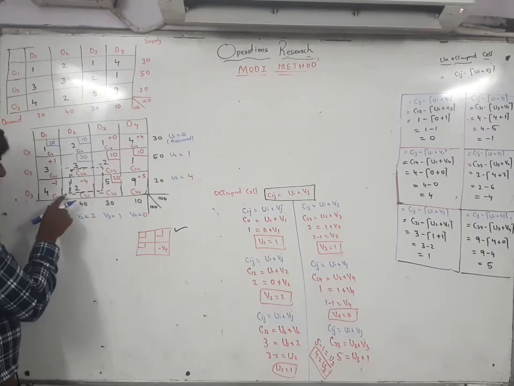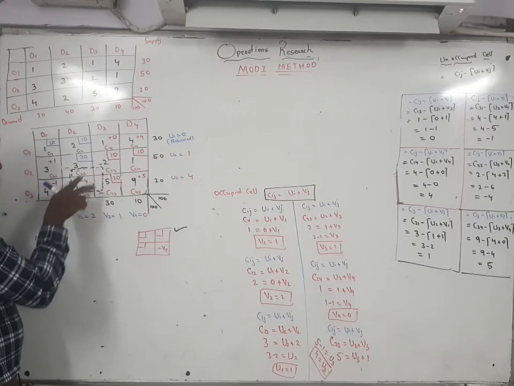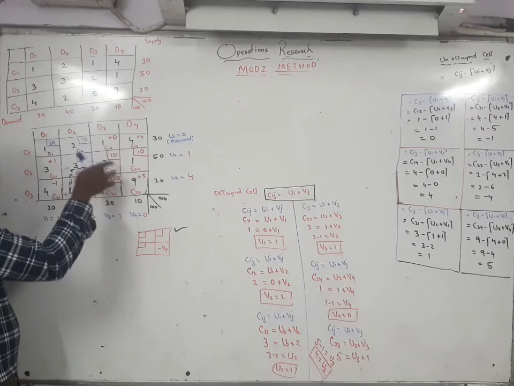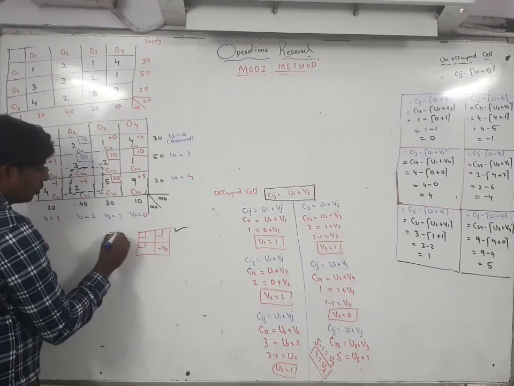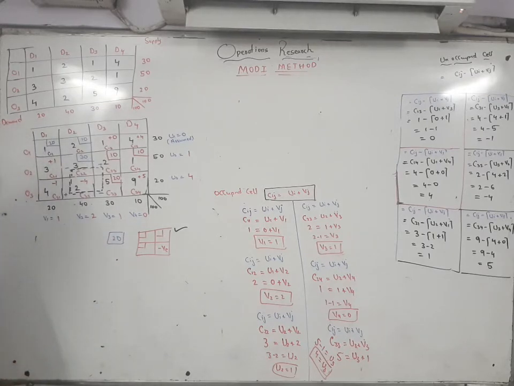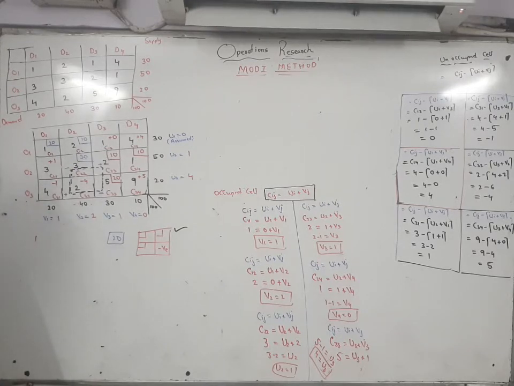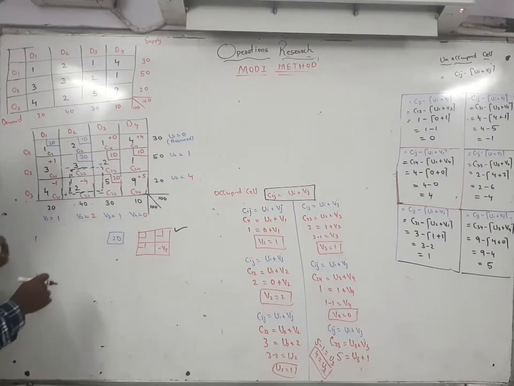Now you have to select the term. Here plus is there. Beside that 20 is there, and here 30 is there. From that, which one is the least term? 20 or 30? So 20 you have to select, because this is the plus. This side the value is 20 and this side the value is 30. Least value you have to select. So in that only I am making the changes, as you can see here.